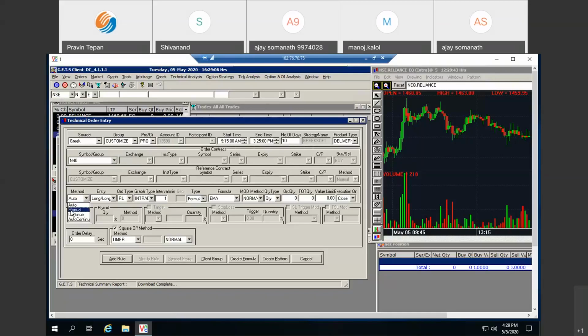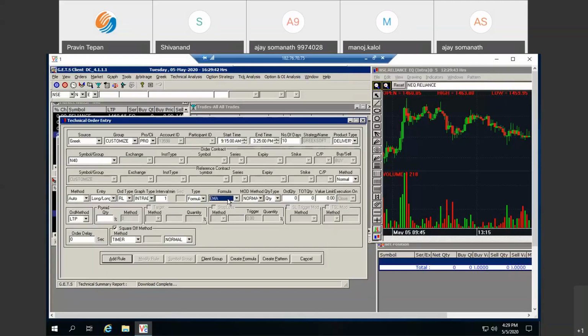So now the method. Here there are two main methods, auto method and manual method. Both are automated. We have just given the name manual. It is automated only. The main difference between them is actually the exit, how you want to exit from your entry. Entry will definitely be done from the EMA. Whatever code you have written for buy and sell, it will buy from that condition only. And for the exit, we have given two options. Either you can write your target and stop loss in the code itself. You select auto here and you write everything in the code itself.